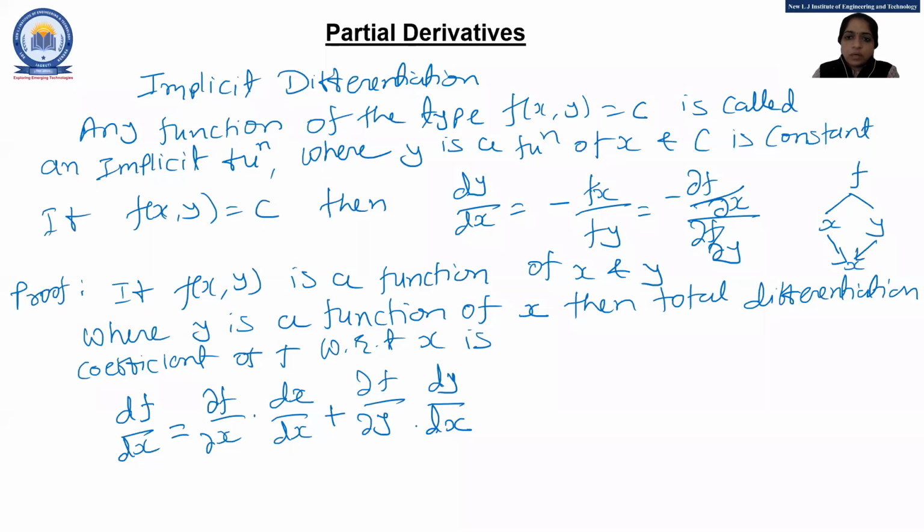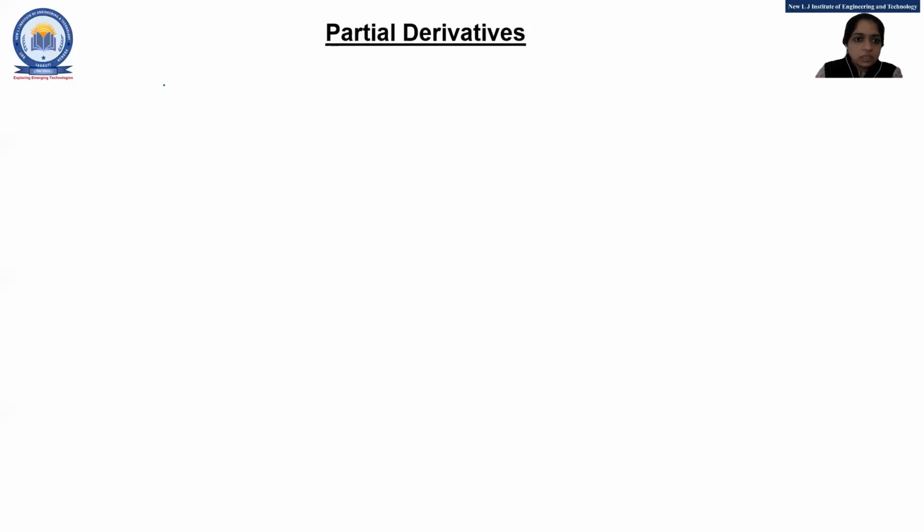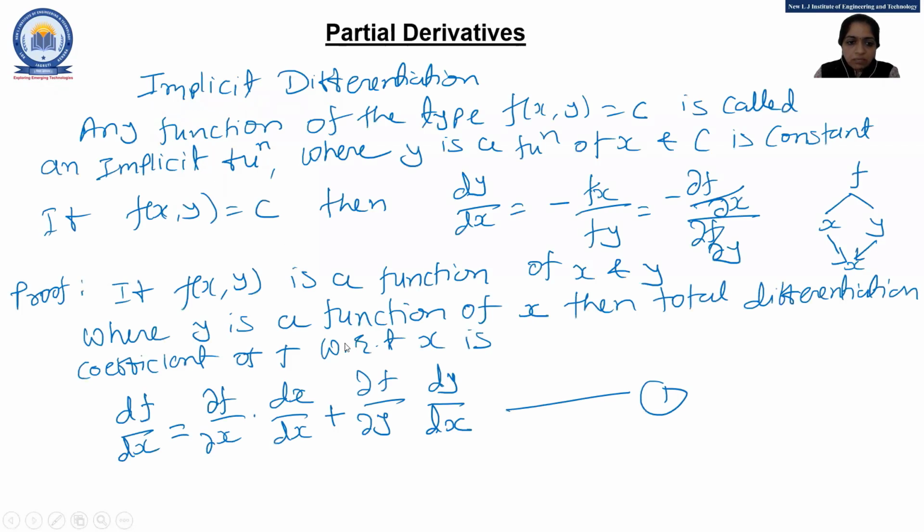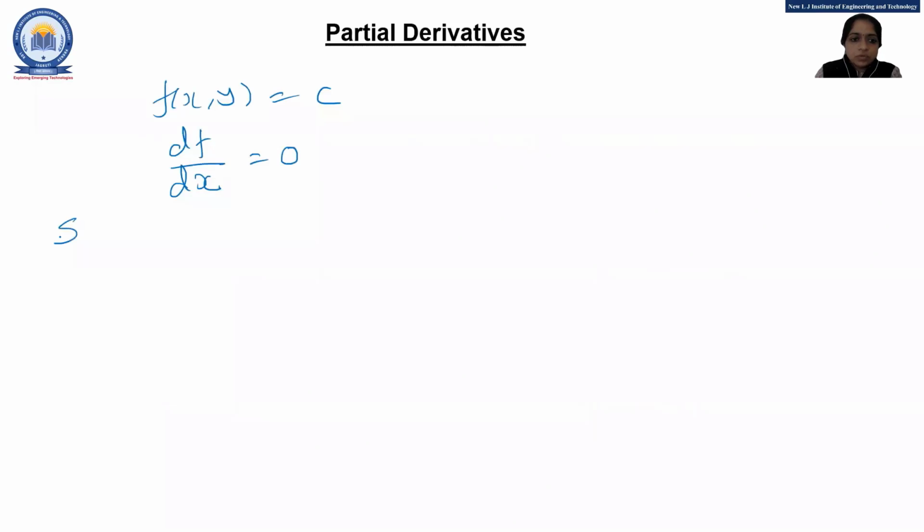Students, any doubt in this formula? This step I am writing from this graph. Have you any doubt? Okay, so if I say this is equation 1, and as our given function f of x, y is equal to c, so if I take the derivative with respect to x, and this is the constant term, it means dc by dx is 0. So if I substitute the value of df by dx equal to 0